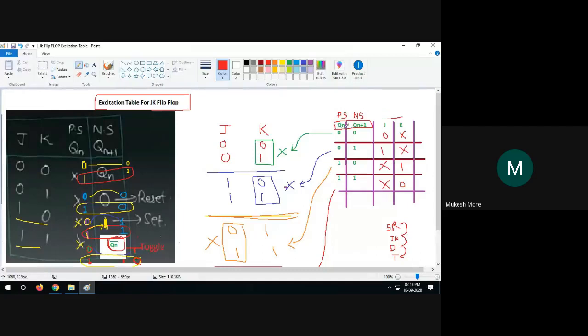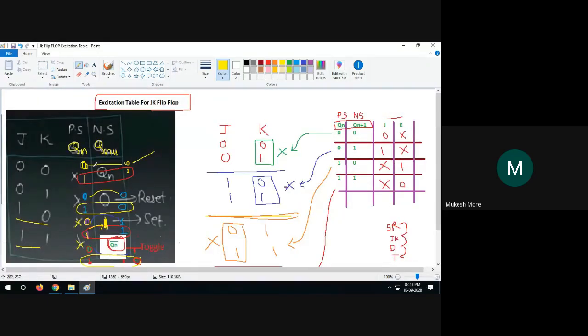Now see, Qn and Qn+1, these are now our inputs. Okay. So now we will take, if Qn is 0 and next state Qn+1 is 0, what are the JK inputs? Now consider here 0 0. This is the present state, this is the next state. We have to take present state equal to 0 and next state equal to 0. Okay. So this occurs two times.